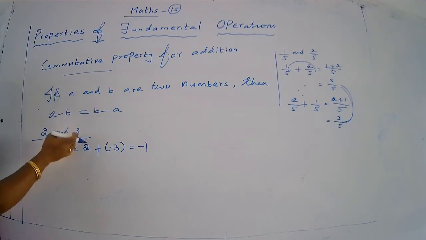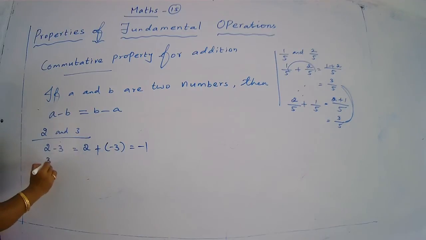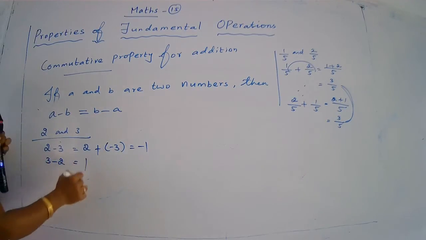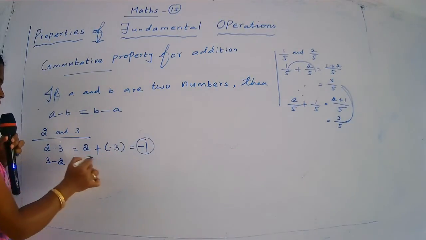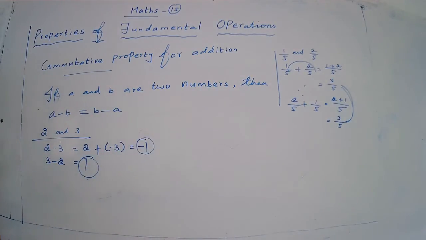a minus b is not equal to b minus a. Okay, do you understand? Yes. Now, let us take two whole numbers. One number you take 0 and another number you take 5. Now check your rule, a minus b. So 0 minus 5. What is the answer? Here it is subtraction, so we add the additive inverse. The additive inverse of 5 is minus 5. So your answer is minus 5.